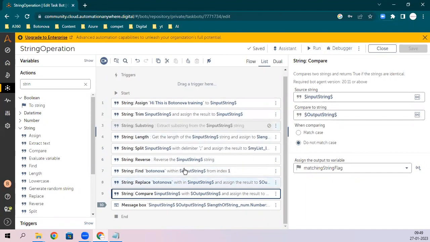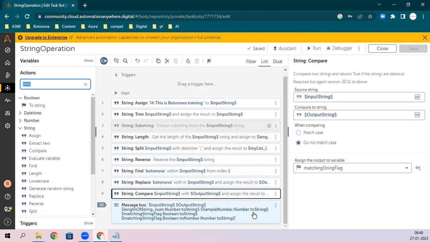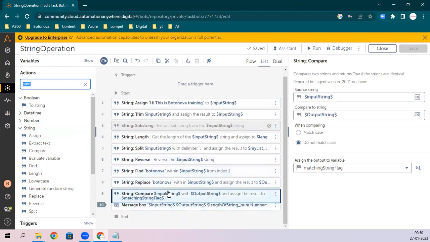No. Okay, understood. So this compare, you will use sometimes because you are getting some value from some data source and you have just one template and you want to compare it with this. If it is matching, then only you have to proceed further. So you can use if condition. If this string is equal to true, then only you have to proceed further. Otherwise, stop the bot, log the error, right? So that's how you use the compare command. कि compare करके करना क्या है? You want to take some decision based on true and false. Okay, just compare two strings, use if condition.